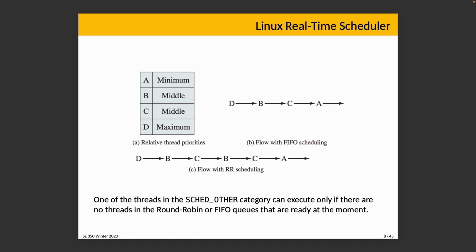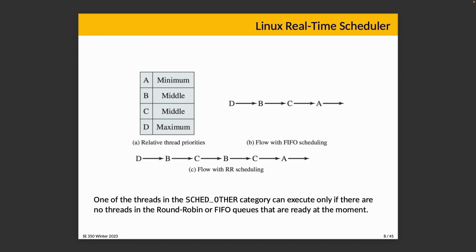We're assuming none of them get blocked for IO or other reasons, but we'll do that. And then we'll choose B, and we will continue with B until it's finished, and then C, and then A. Whereas with the round-robin scheduling, we will do D, and then B, and switch between B and C here, because there's time slicing implemented, meaning that all of them at the same priority each gets a turn. So that's the key difference between the first in, first out and the round robin scheduling as far as the